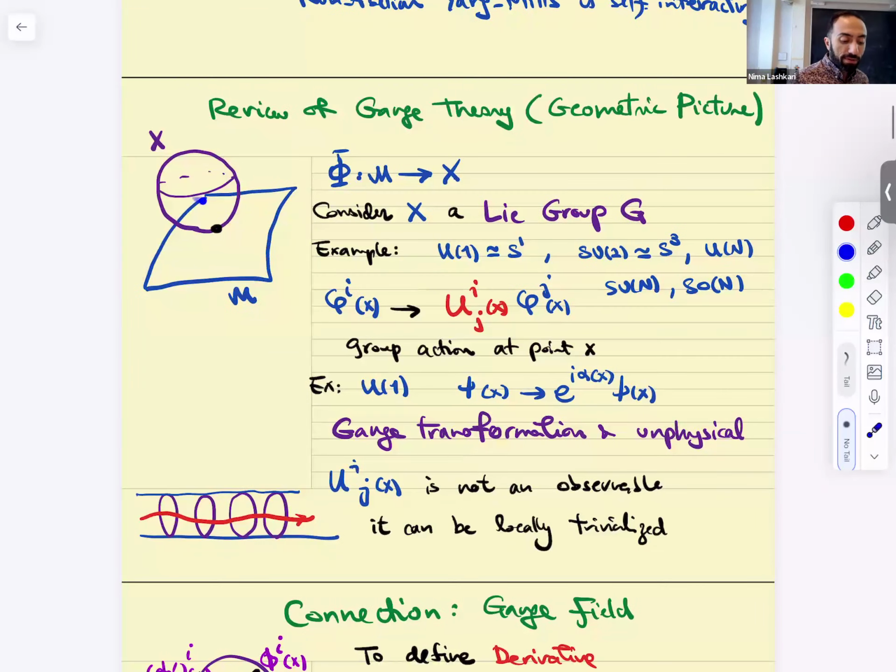What we have is a field theory, so it's a map from space-time to an internal manifold. This is the field manifold. So the field at each point in space-time takes a value in some internal manifold. In the case of the symmetries that we studied quite a lot, these continuous symmetries, we had Lie groups. So X is a Lie group. These are differentiable manifolds, they're very nice.